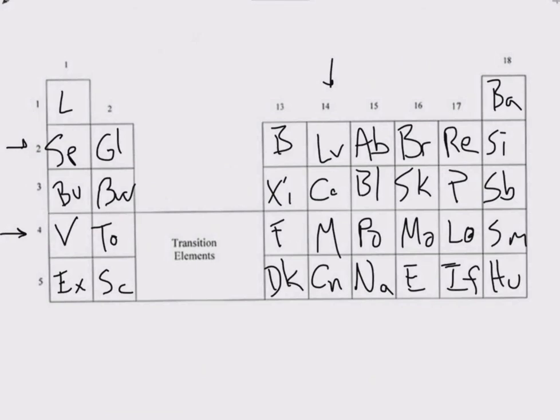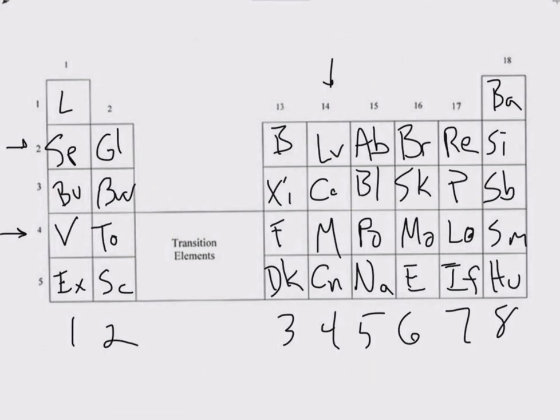The one on the actual test will be smaller than this, but the same concept where you're given clues to fill in a blank periodic table. Make sure you know the scientists who created the periodic table, the different groups, such as alkali metals, alkaline earth metals, halogens, noble gases, transition elements versus representative elements, how to find the number of valence electrons with the periodic table, 1, 2, 3, 4, 5, 6, 7, 8, and how to find an element based on its properties,